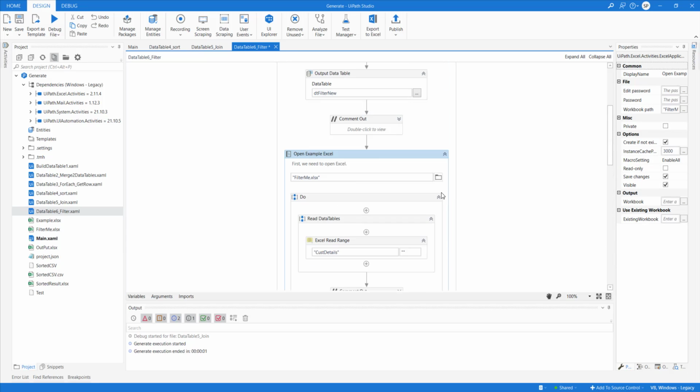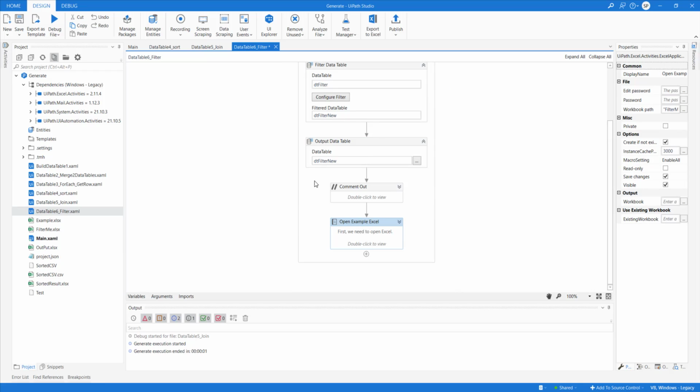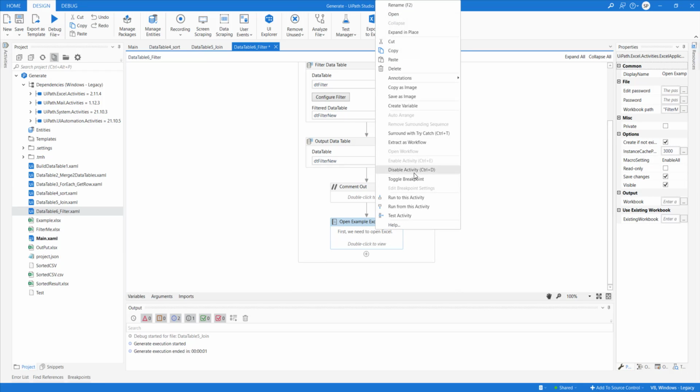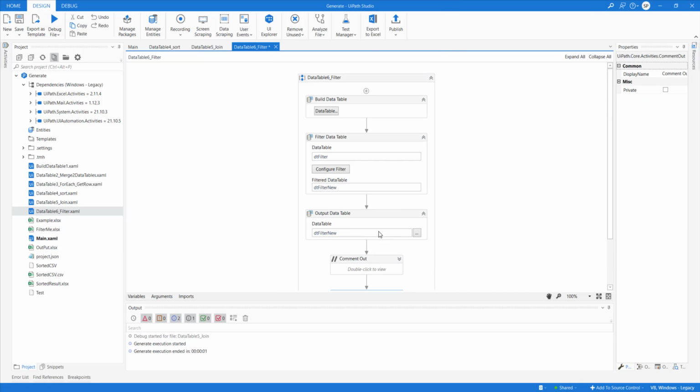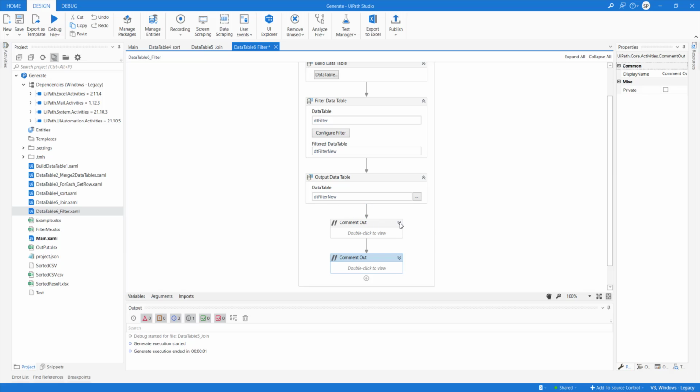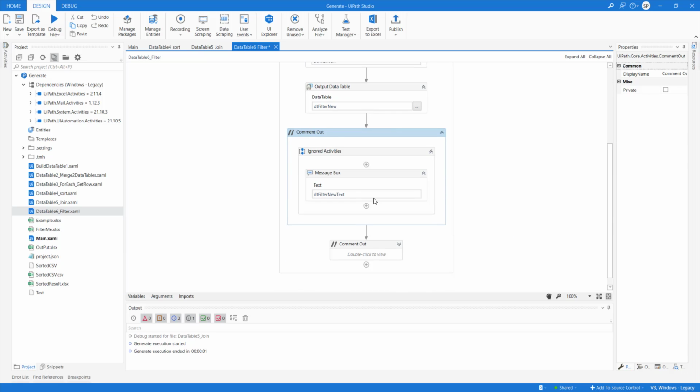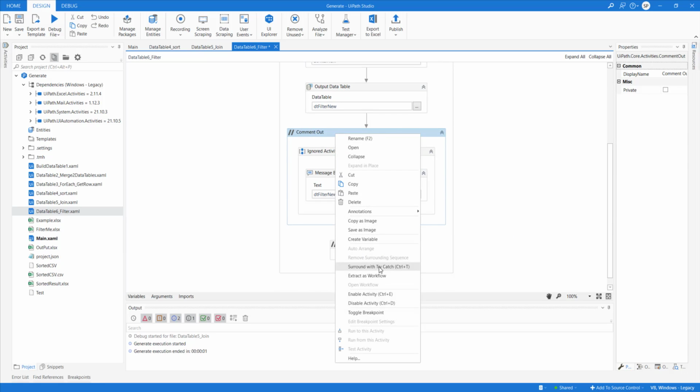It's a different example, so I do not want to use this one. And then you should be able to write. Let me disable this. So what you can do is output data table, and let's enable this one just for the sake of simplicity.